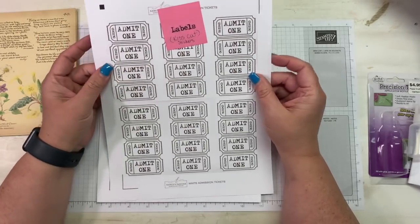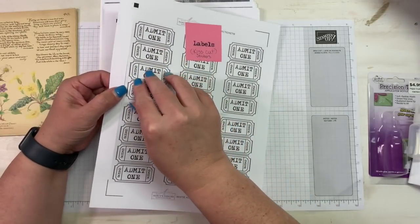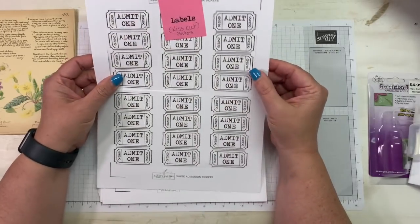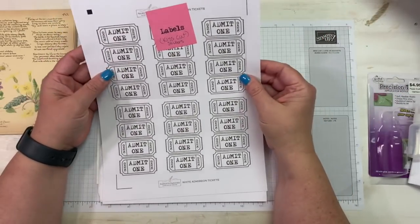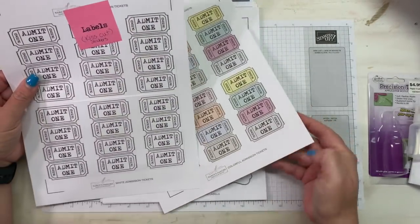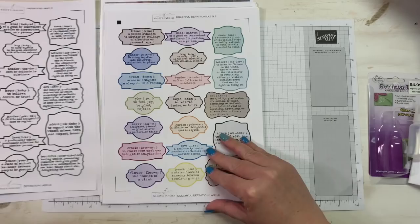These are kiss cut, so they're not cut all the way out entirely, so that they can stay on the sheet, and then they come out quite easily from what I would call laser cut pieces of ephemera. So that's some labels from her shop, and there's just some neutral ones and then some colored ones, and then she's got definition labels